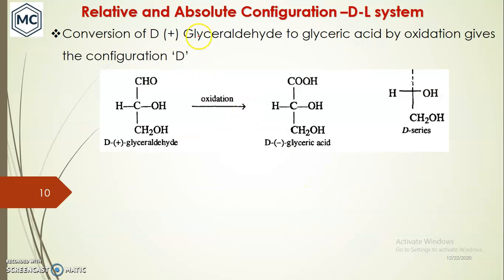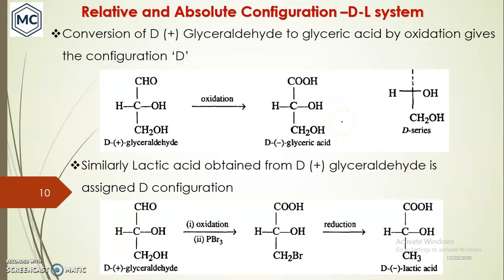And conversion of glyceraldehyde to glyceric acid by oxidation gives the configuration D. You can see that this is D-glyceraldehyde. On oxidation it gives another compound, glyceric acid, with this structure. So you can give the capital D notation for this compound, even though it is levorotatory, because there is no bond break here. Okay, right. Similarly, lactic acid,